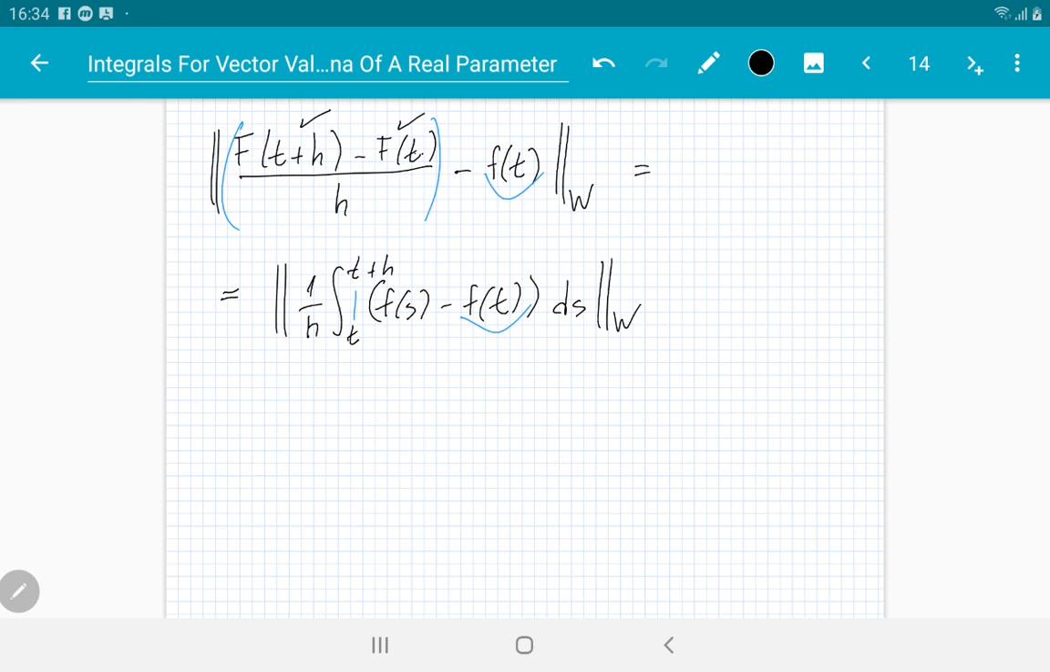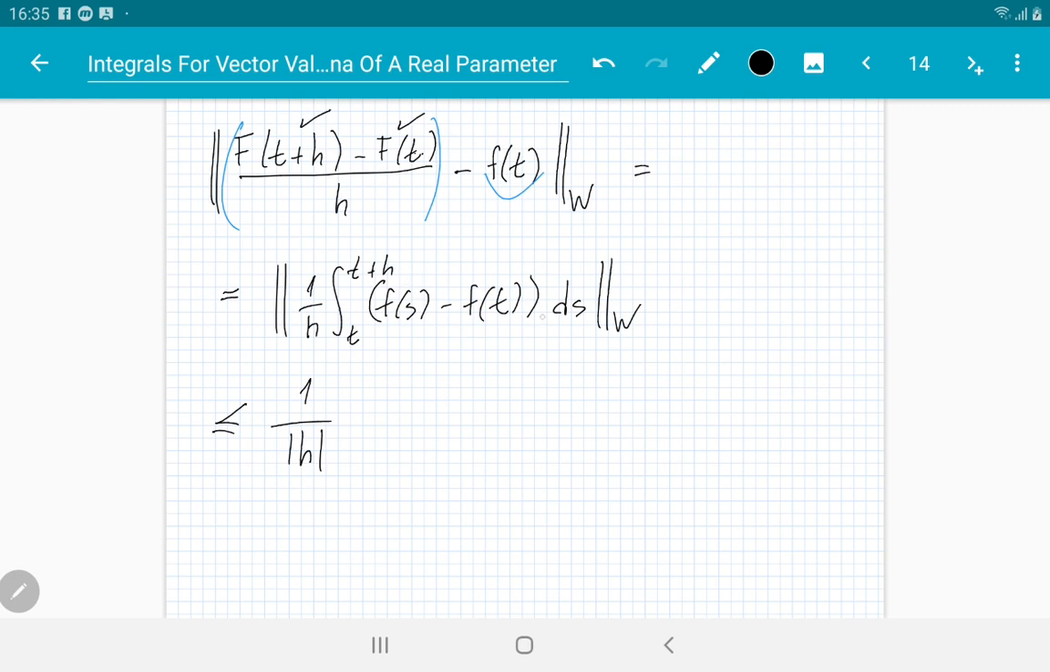So this is good because now I have a single integral encompassing everything that I need to consider. And I'm going to use this fact that we saw before. Well, first I'm going to pull the h out of the norm, and then I get the absolute value. But now I'm going to use this fact that we used before. We saw before that